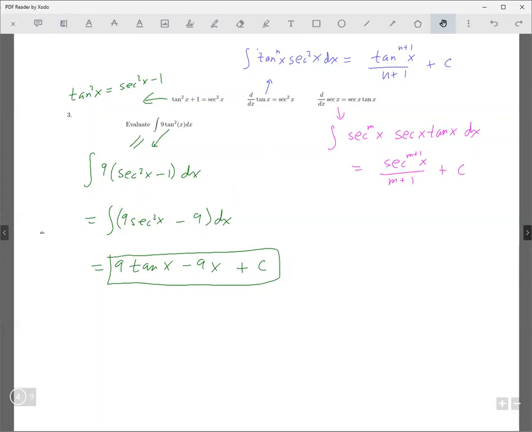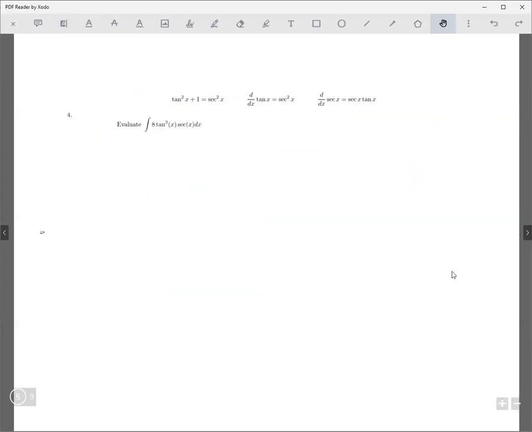Okay, so let's do the next one. The next exercise is a little bit harder in trying to figure out how to exploit it. Okay, so you have an odd power on the tangent, and you just have a plain old secant here. So you look and see if you just have a secant, I would say at this point, I think that if you have an odd power here, then you're going to go with this one. And if you have an even power on the secant, you go with this one. I would say that probably would be safe to bet right there. So an odd power on the secant, go with that. Even power on the secant here, you try to exploit this one. Okay, so that being an odd power there,